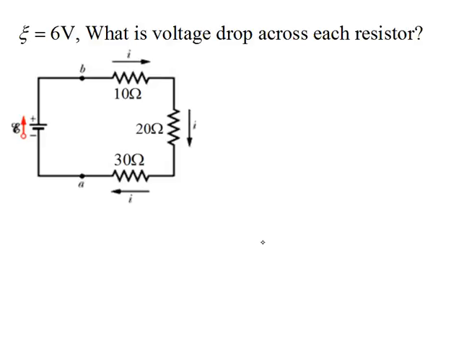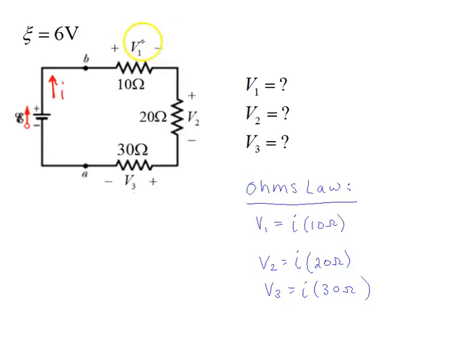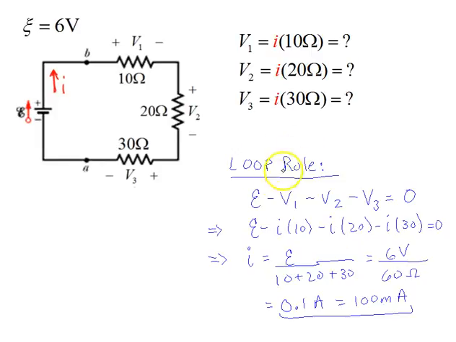So if we look at this circuit, we know the EMF, we know the resistances, we want to know what is the voltage drop across each resistor. We can label these voltage drops across each resistor and their direction. And then we know using Ohm's law that V1 will equal I times R1, which in this case is 10 ohms. We can use each of our Ohm's law equations then, and we can do our loop rule,